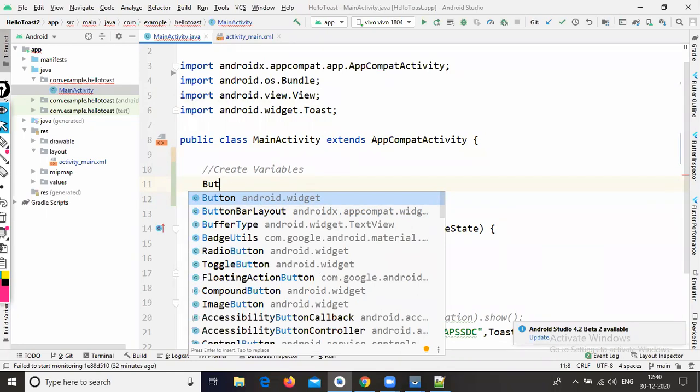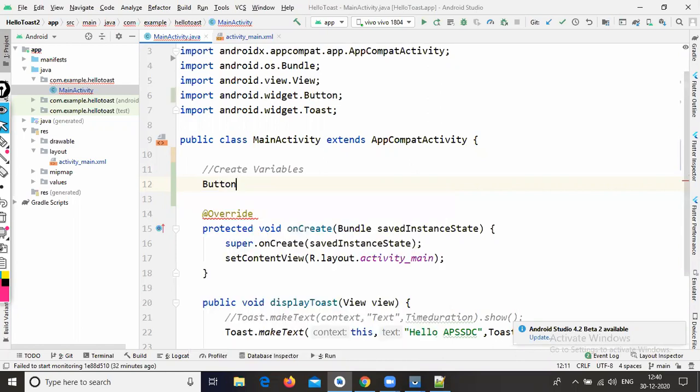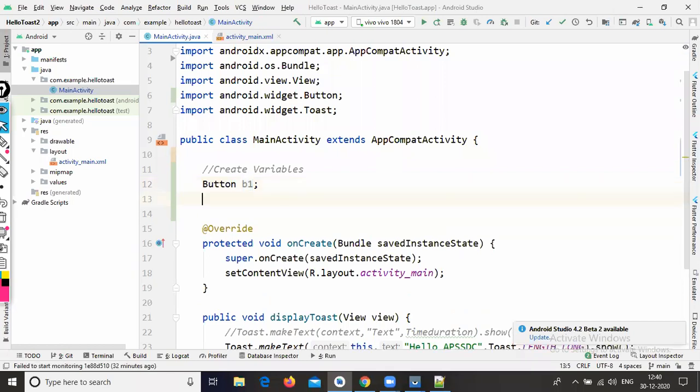So Button, and I create b1. This variable is also a user-defined variable, so you can create any variable name. In the same way, you need to implement the TextView variable also. Why?